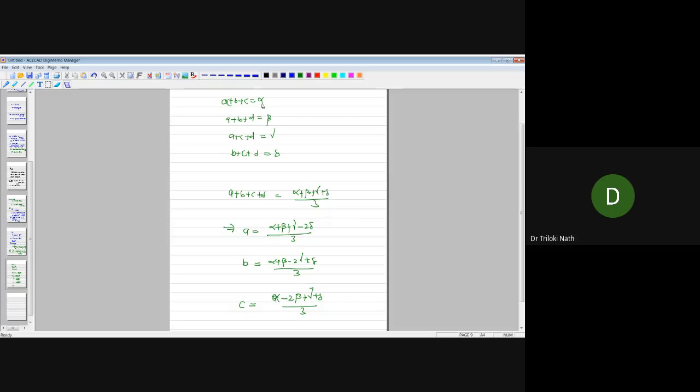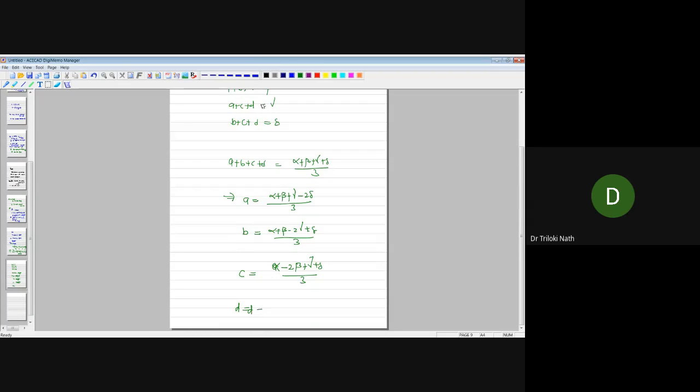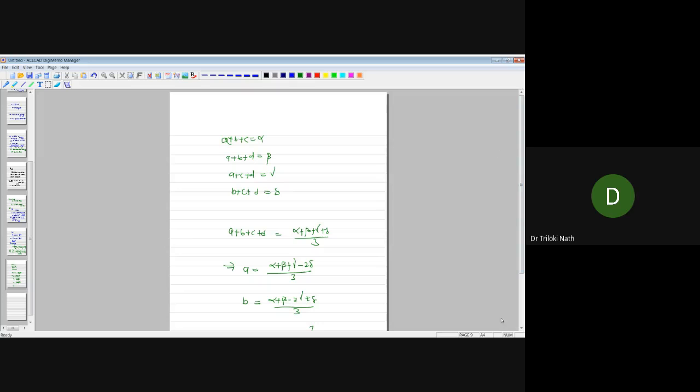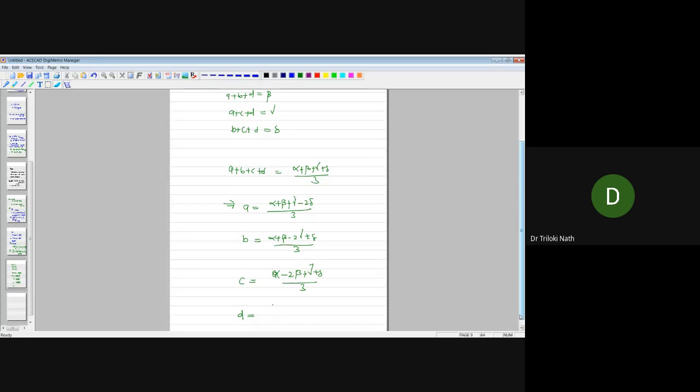So the value of D will be minus 2 alpha plus beta plus gamma plus delta, divided by 3. So if alpha, beta, gamma, delta are real numbers, then A, B, C, D are also real numbers. And hence we have proved that